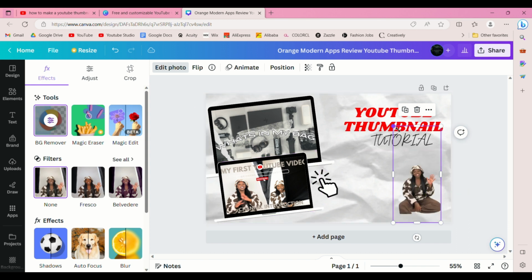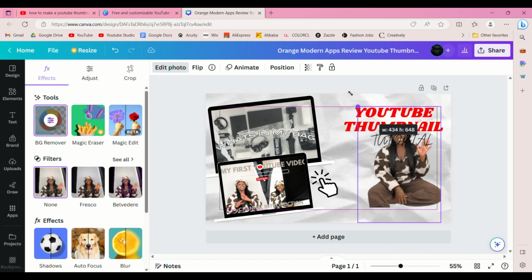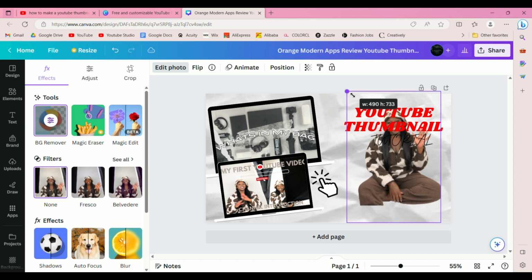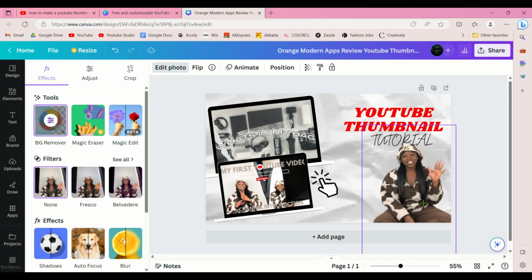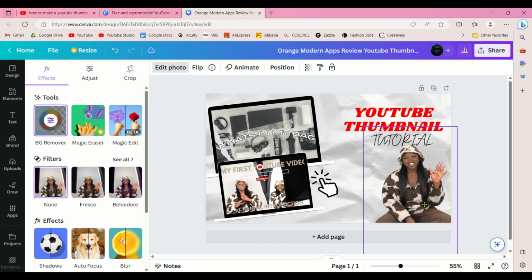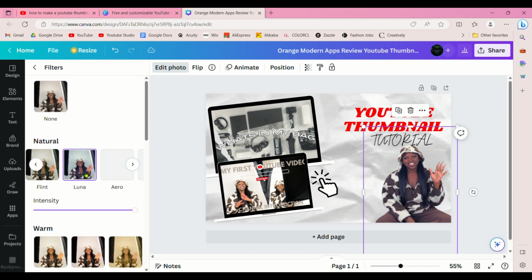Let it load, and boom, look at how pretty that is. It completely cuts out the entire background for you. You don't have to do anything. You literally can just do that. So we're going to enlarge it, get it to the size I'm liking, and then position it where I want it, and I'm going to go ahead and add a filter on it just for fun. I'm using this Luna filter,